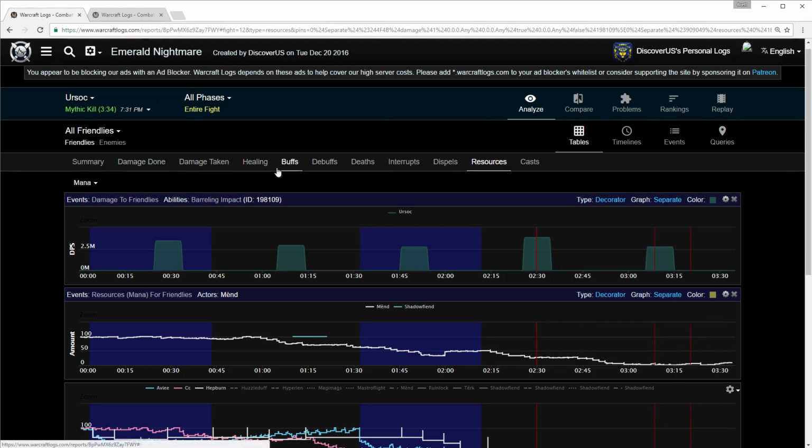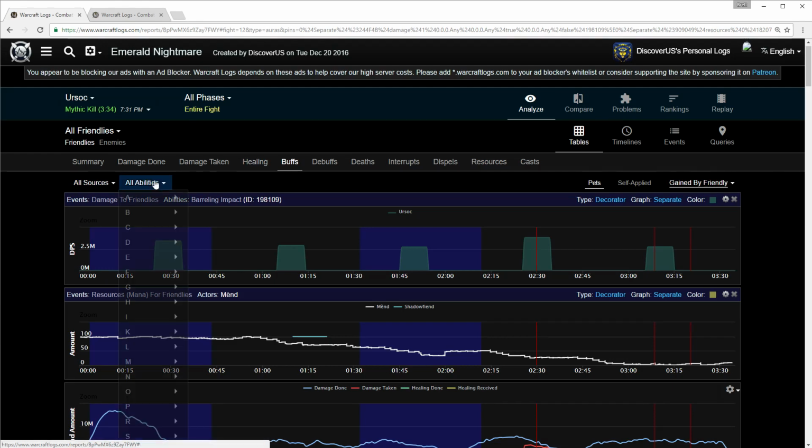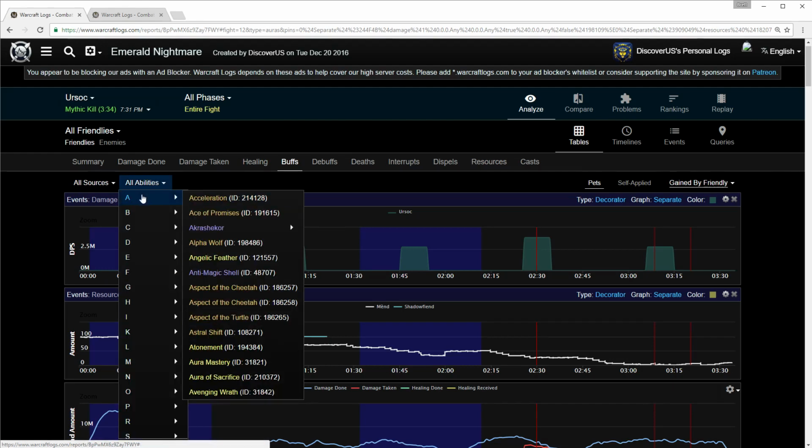After that, the next thing that you'd want to do, and this is probably the most important piece, and you can ignore using the mana portion. I like to see where my mana was at any part of a given fight, along with looking at the atonements that were out. In order to see the atonements that were out, you'd want to go to buffs, click all abilities. Under A, there's atonement,